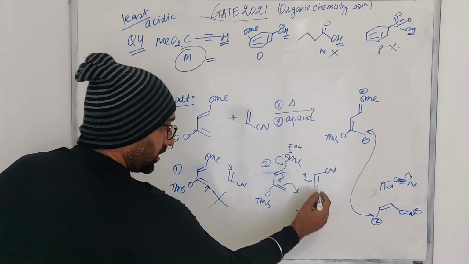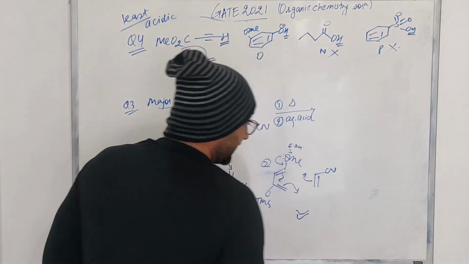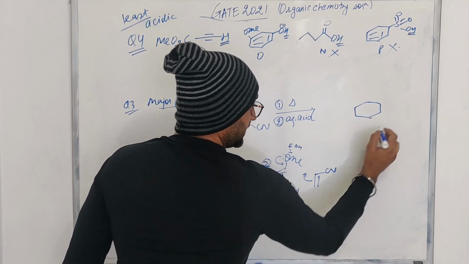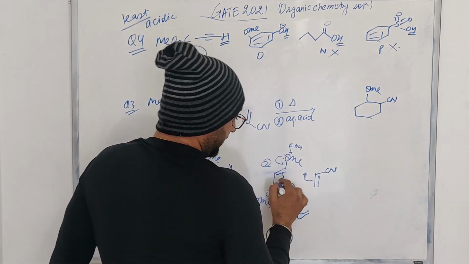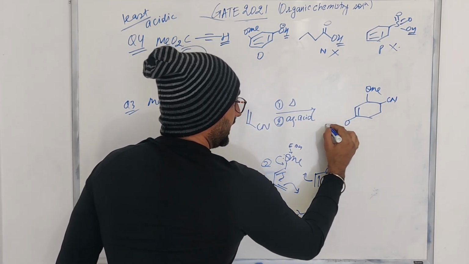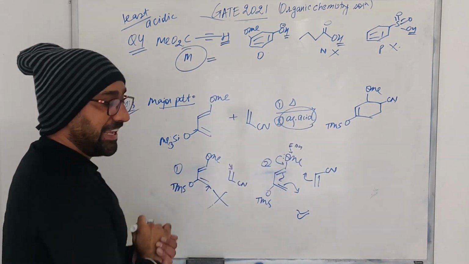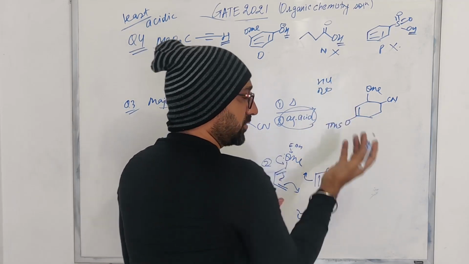ठीक है, so what you have is reaction going via this orientation. So what you get is basically this one. So what you have is this cyano at this position. ठीक है, what you have is an OMe, and यहां पर आपका this is an OTMS. ठीक है, and what you are doing in the next step is aqueous acid. Let us suppose I am taking HCl in water. This is what I am doing.